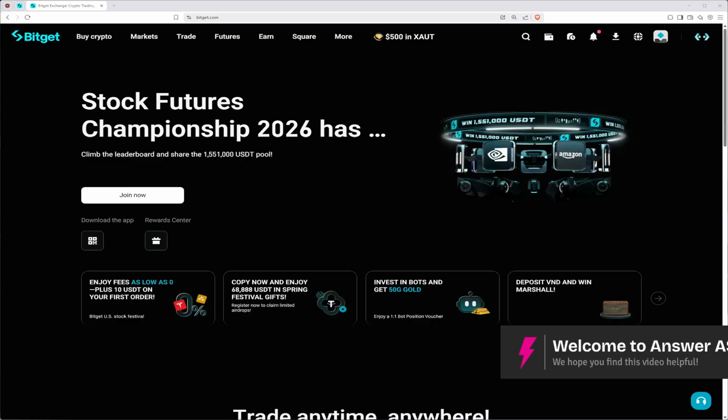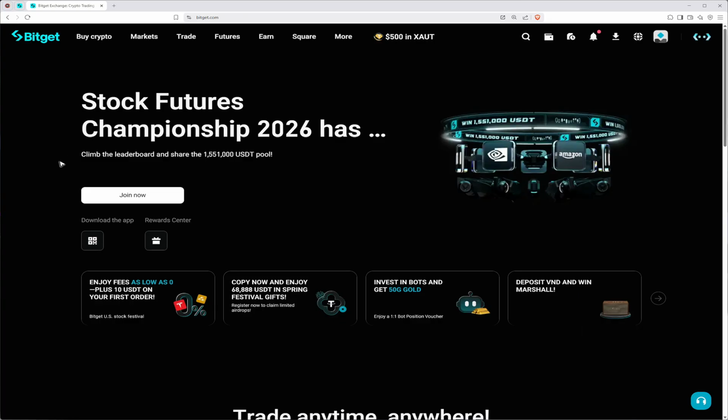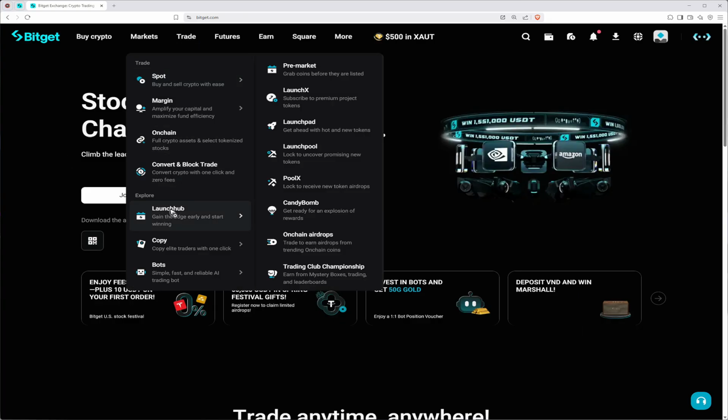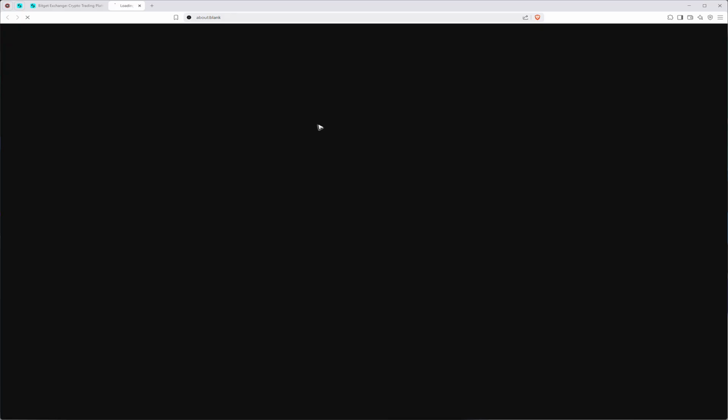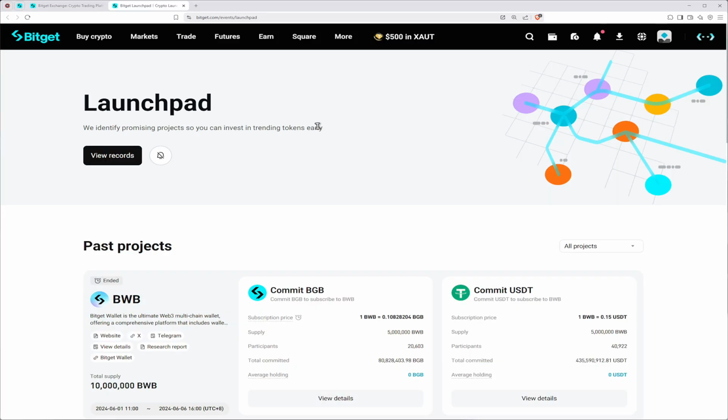First up, go to bitget.com, and once you're in here, hover your mouse onto Trade. Now hover onto Launch Hub right here, and then just click on Launchpad. Click on it, wait for it to load, and once it loads, here you have the Launchpad